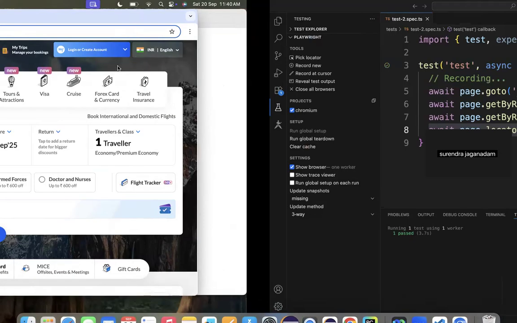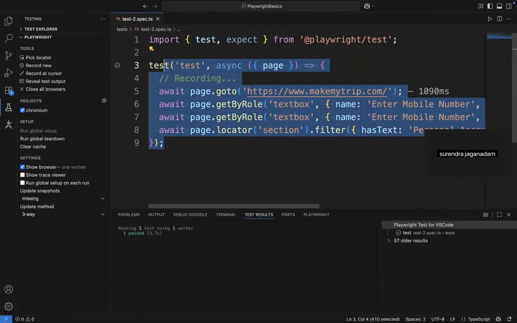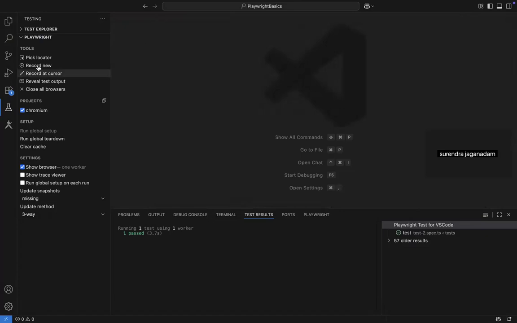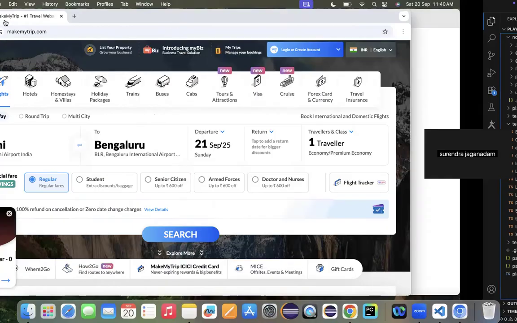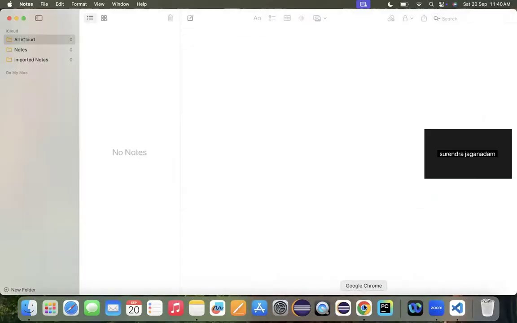See, it performed that operation. So this is exactly how we can record a basic program using this VS Code extension. Perfectly all right. Good. So the next feature that you have in order to record a Playwright script